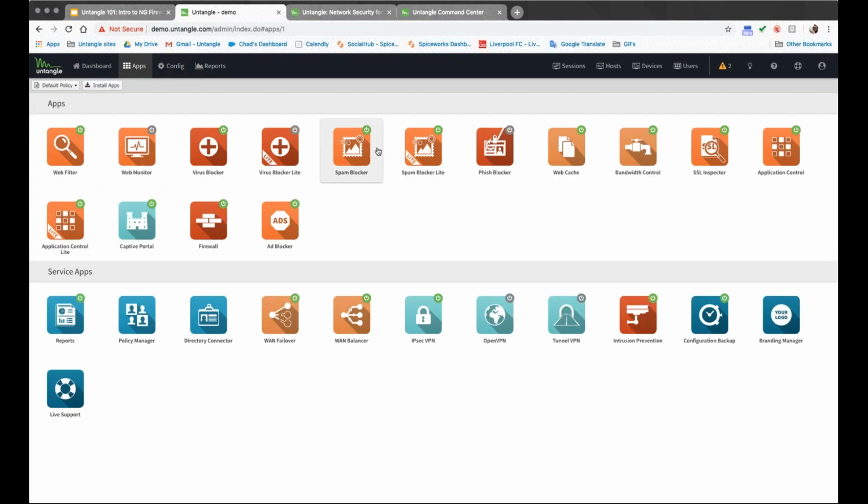So we'll jump into some of the apps here. This is the Untangle Complete package. You are seeing a few redundant apps here for display purposes. Things like Application Control Lite, Web Monitor, Virus Blocker Lite. These are unnecessary. They're here just for display, though most of them will be overwritten when you install their full version. So since we're still talking about bypass rules, a little visual